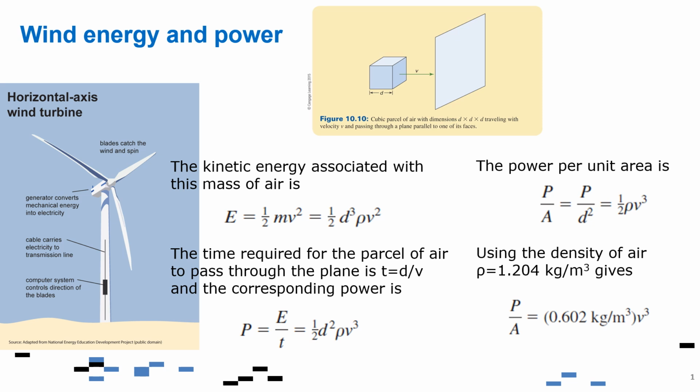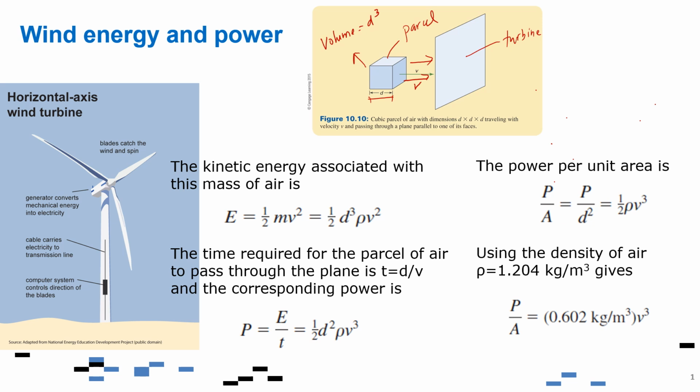So let's now try to solve for the energy that is being harnessed from the wind through the wind turbine. Let's say, for example, this part here is a plane that is used as the wind turbine plane, and we have a parcel of air that is going through the wind turbine. This parcel of air has a dimension of d on one side, so the volume is equal to d cubed, which is basically a cubic parcel of air, and then we have a velocity v here. So that's the velocity of the moving air.